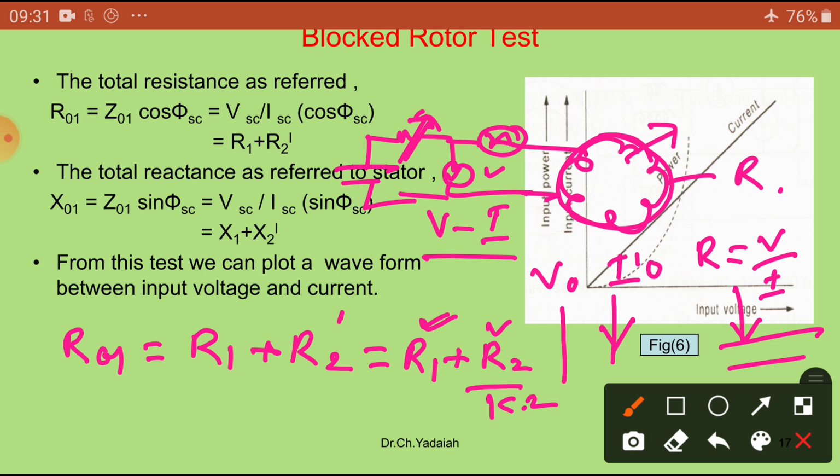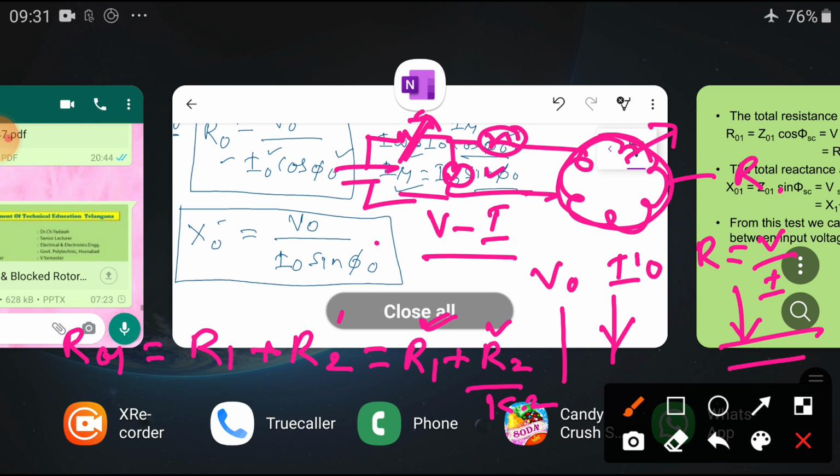So, you already calculated this test. So, we will see that also. So, here